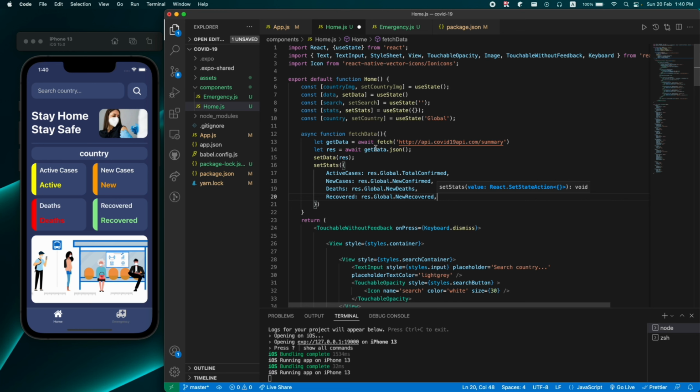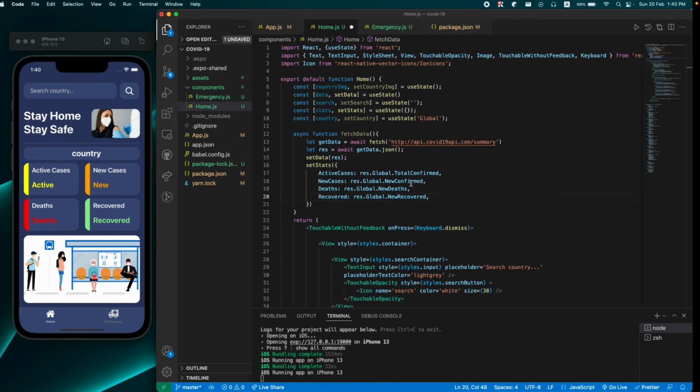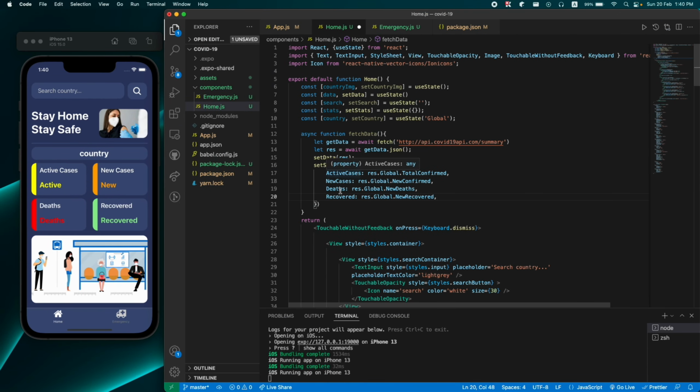by using the setStats function. The response is basically a whole object, and in that object I'm going to grab this global object. You can see in that JSON formatter link, the global object has these properties: new confirmed, total confirmed, new deaths, total deaths, and total recovered. So I'm using that case and storing that in that object by using this newly defined case, right? So after that,